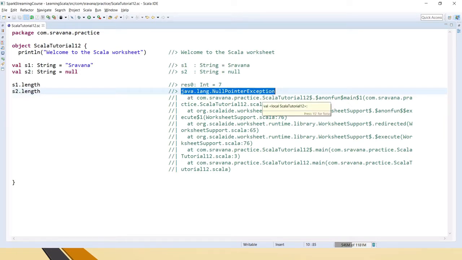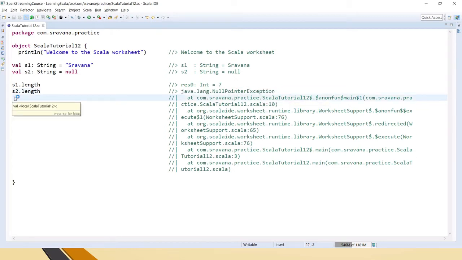When you are working in Java code or even Scala code, you might have encountered null pointer exceptions. That means it is expecting some value but it is not returning it and is returning null. Something is missing there. In such scenarios, Scala is providing a beautiful feature called option. The name itself is option, which is the Option class.